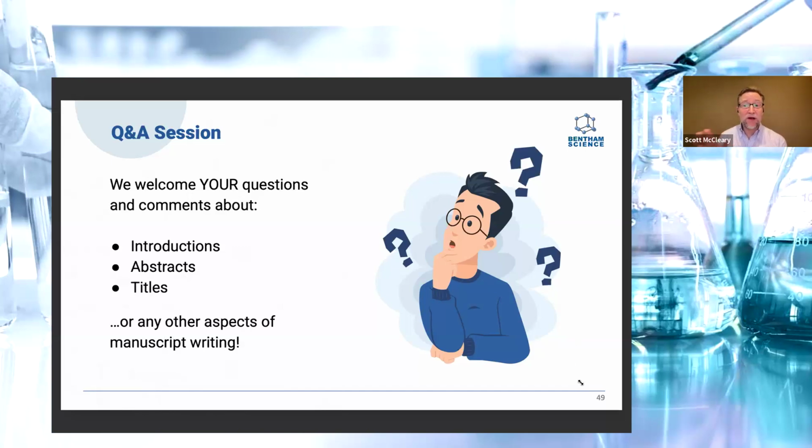I saw some interesting comments from the chat, especially for that poll about what to include in the introduction and what to include in the abstract. One question that I can see from our guests here is how many results should be mentioned in the abstract. So we had that poll a bit earlier. This is a great question. Gareth, as an editor and as an author, how many results would you try to pack into that abstract, if any? Yeah, this is a very good question.